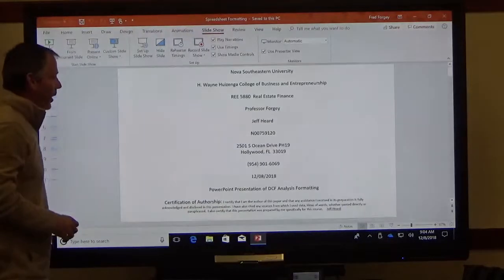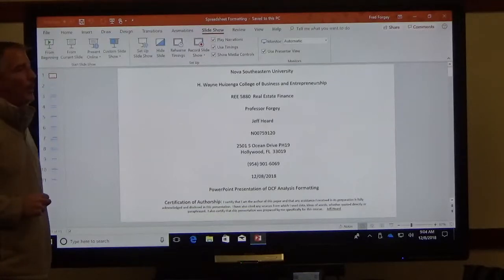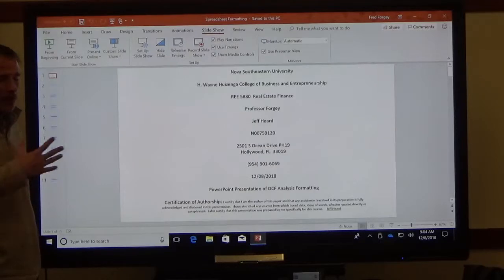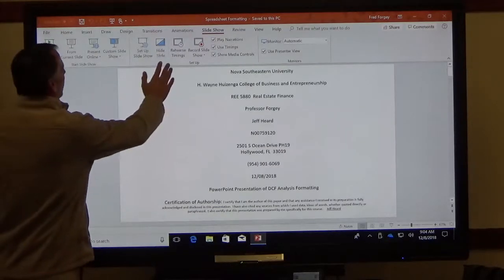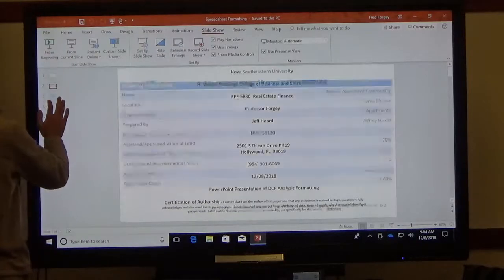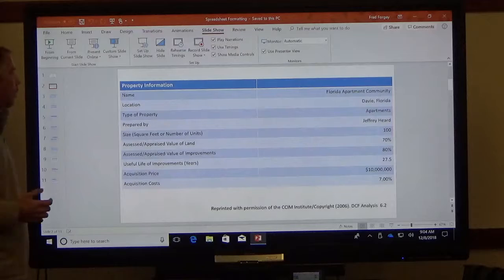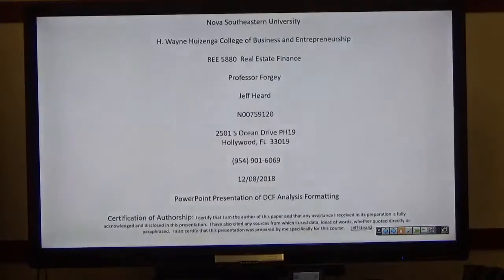Okay, my name's Jeff. I stuck to the spreadsheet format just because it's a format people are familiar with. That way they can focus on the numbers if they want to. This is just my title page for the assignment, but we would blow that up to the full size to start from the beginning, from the top left. There we go. And then you can just use the bottom right hand over there to go from one slide